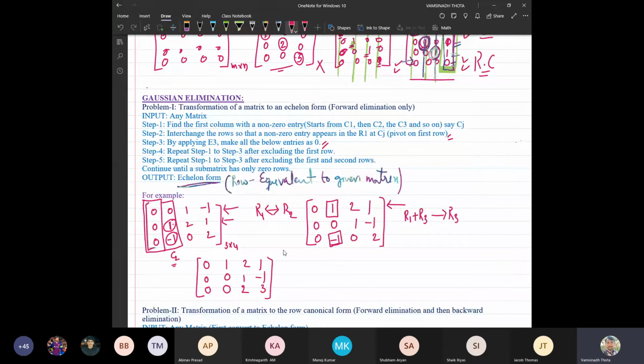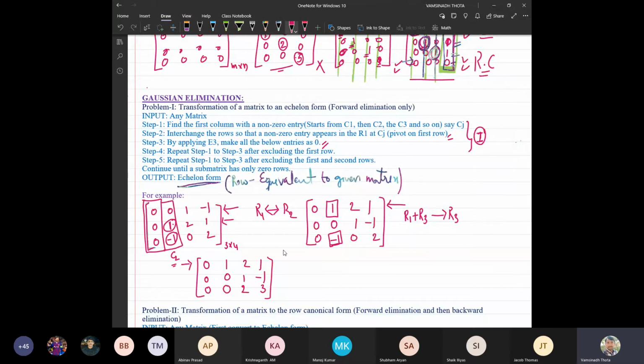We can say the 3 steps we have done can be combined. We have crossed one level. We have finished one level, the first 3 steps. Now you look at step 4. From step 4 onwards, we have to repeat the same procedure, step 1 to step 3. Now in step 4, what we need to do? Excluding the first row, the first row is now excluded, we have to only do step 1 to step 3.